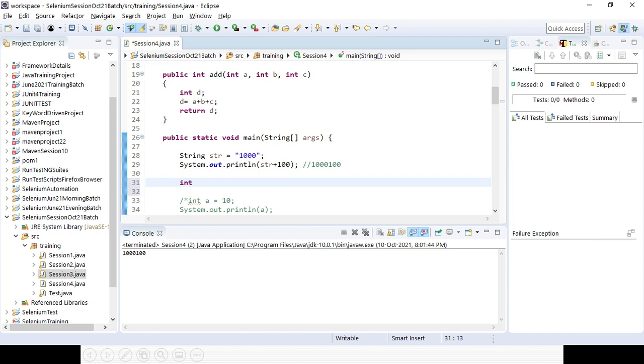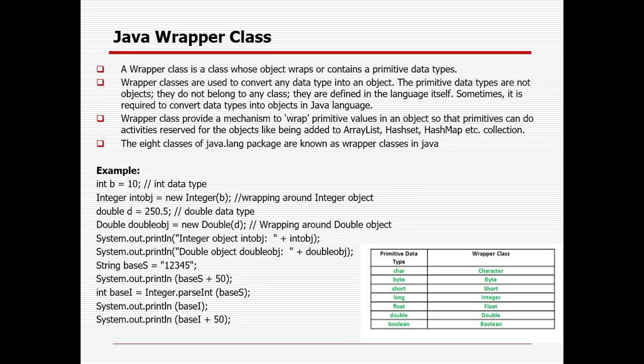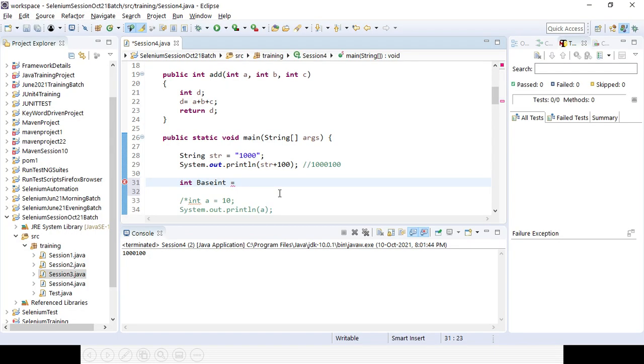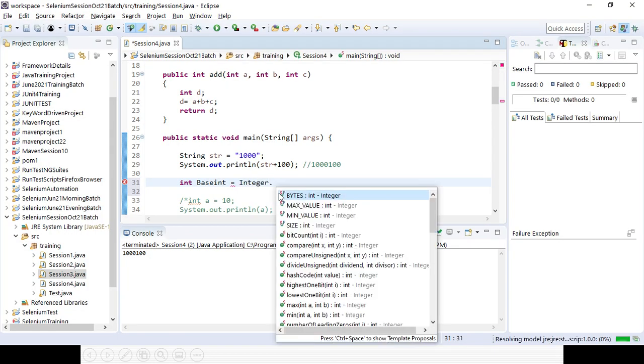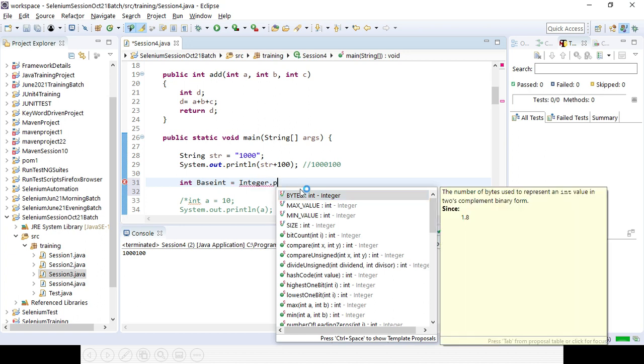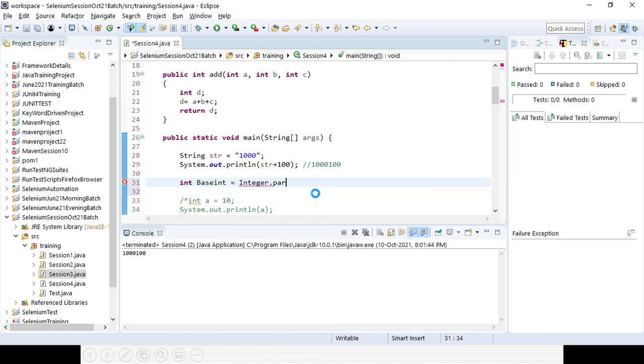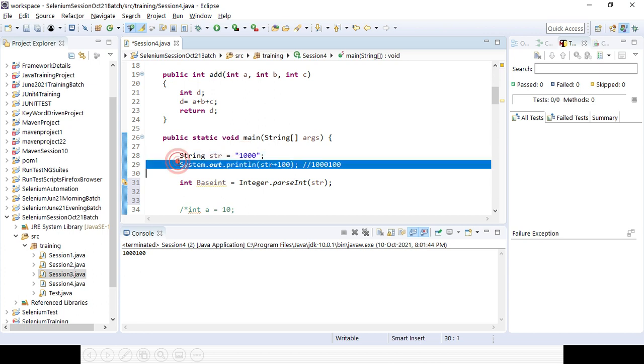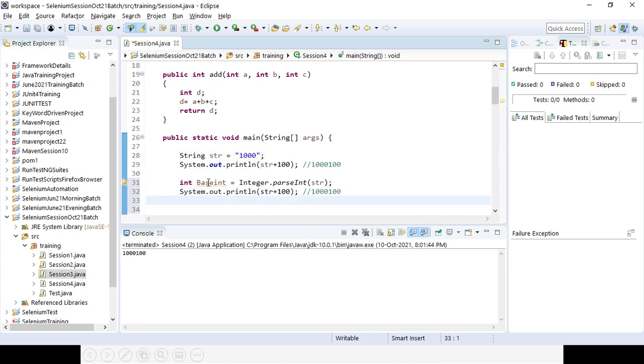Int base int equal to, calling the Integer class methods available in Java. If you press dot, all the important methods will be there. parseInt, and here I pass the string variable. Now it is converted to integer, all the numeric part. Now if you add them, it will give you the value 1100. 1000 plus 100 equals 1100.